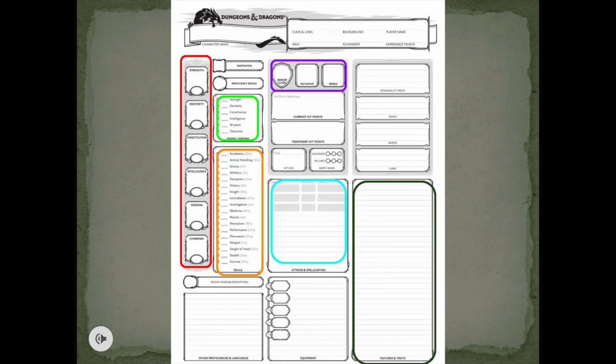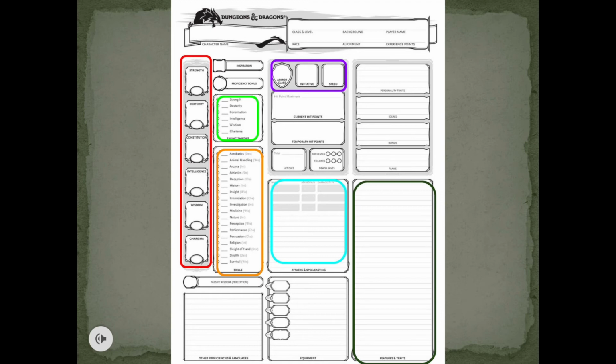And here we have the character sheet for Dungeons & Dragons 5th edition. You will see there are several colored boxes which highlight some of the more important parts of the sheet. The sheet will contain all of the mechanical information for your character. It is not uncommon to have additional sheets that cover spellcasting or additional information. Furthermore, some players opt to have a character journal where they will keep notes about the character's adventures in their campaign and people or NPCs that they know.